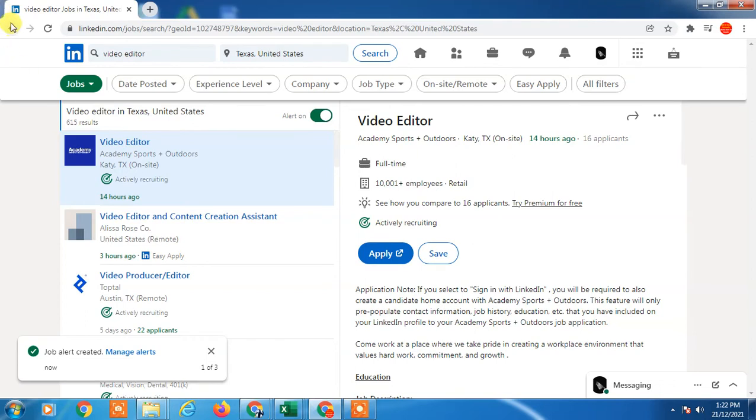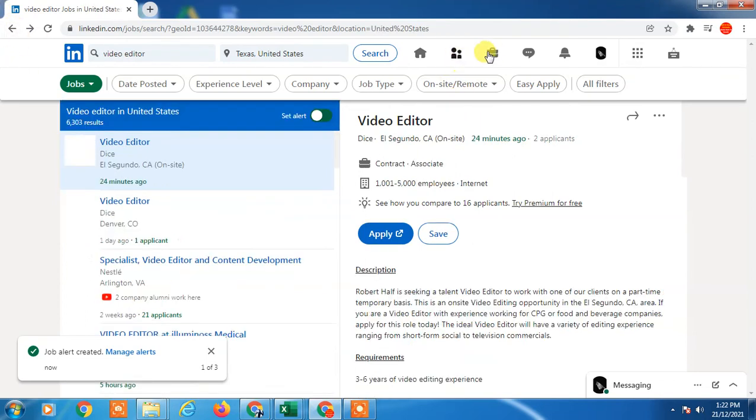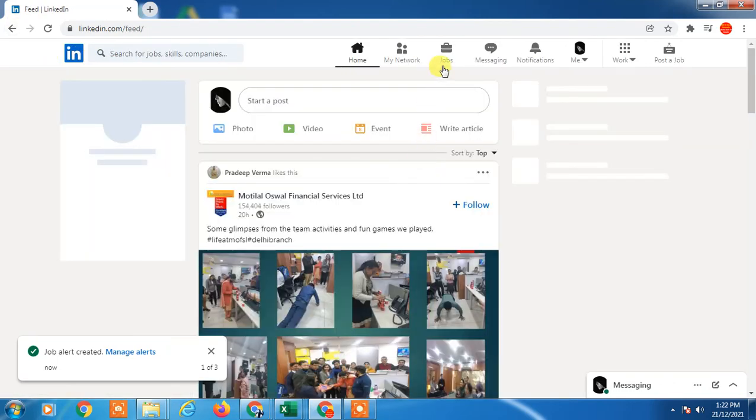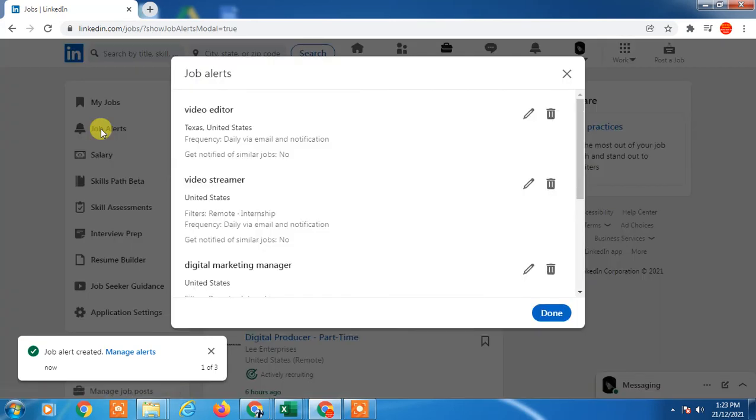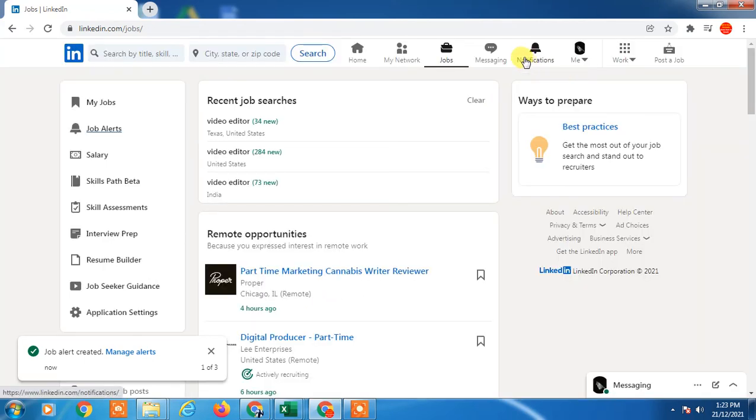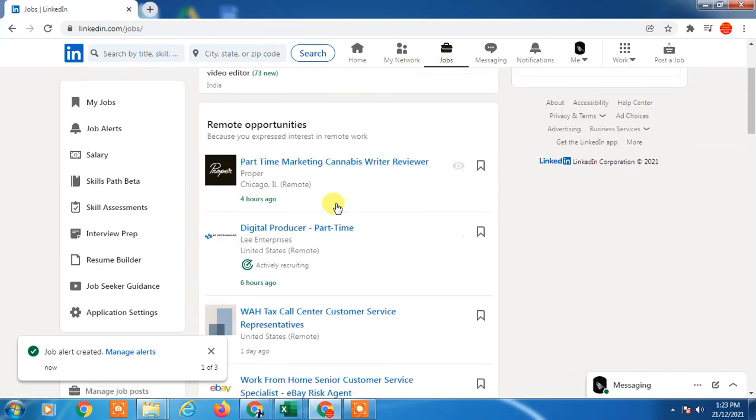So let's see if it's created or not. Go to the job again, go to the profile again, go to the job, and here you can go to the job alert, and here you can see the job alert has been created. Whenever a new job comes, you will see it in your notifications, or go to the job, and you will see